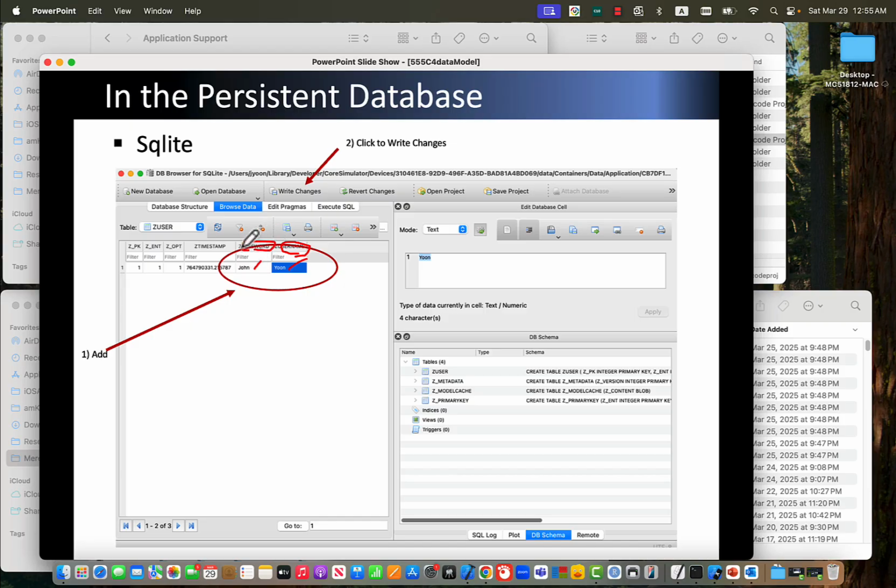All the attribute names shown in this SQLite begin with Z: Z timestamp, Z password, Z username. Okay, so you can add the values manually for the first